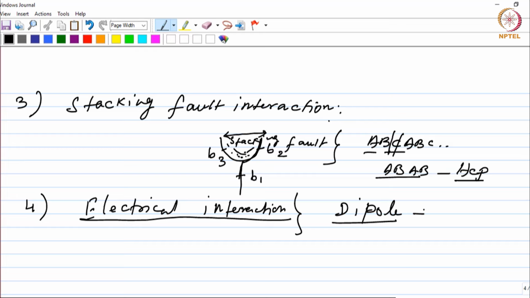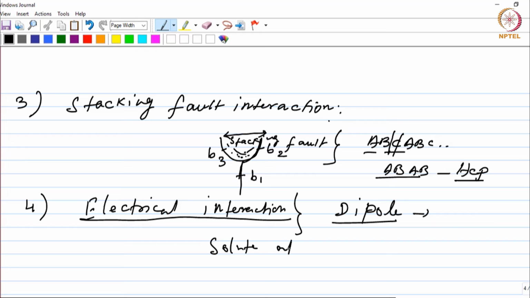This dipole will have a positive and negative end, and therefore the positive end will attract the negative portion of the lattice that results due to the presence of the solute atoms, and the negative end, on the other hand, similarly will attract the positive portion of the lattice due to the presence of solute atoms, right? So that is what is known as electrical interaction, because you also know that solute atoms,